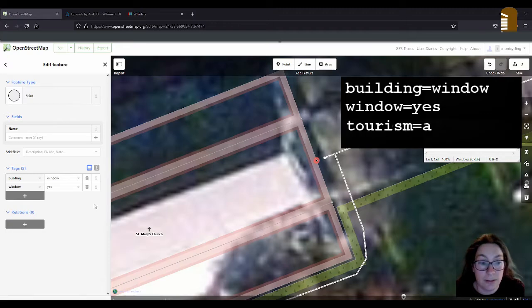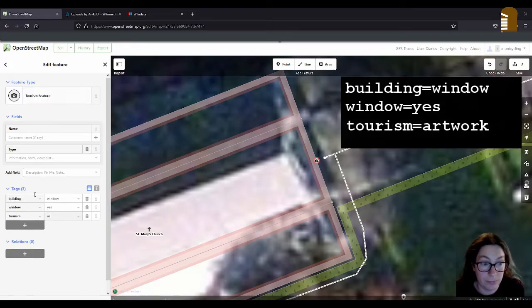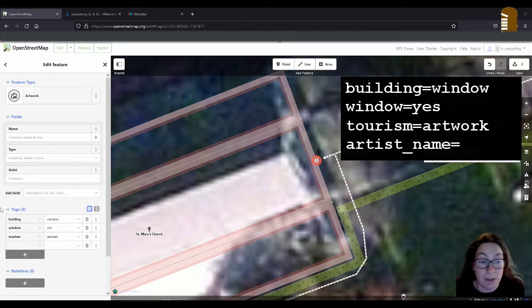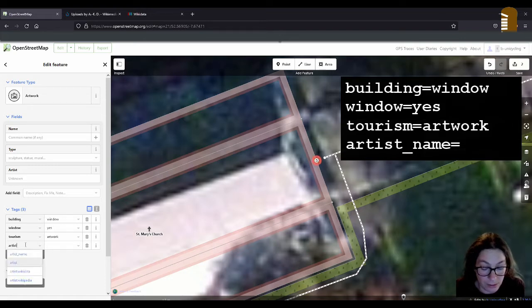And the next one then is tourism=artwork, in the widest sense, because somebody might just go around and look for a certain window type. I don't know, people do that. And then the artist name, so artist_name. Usually the stained glass window art is not by one artist, it comes from a studio or a workshop. And sometimes their names change over time, because some of those, especially Harry Clarke and Meyer & Co., existed for decades, so they might have changed their name.